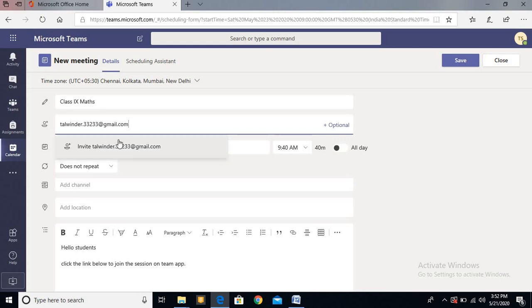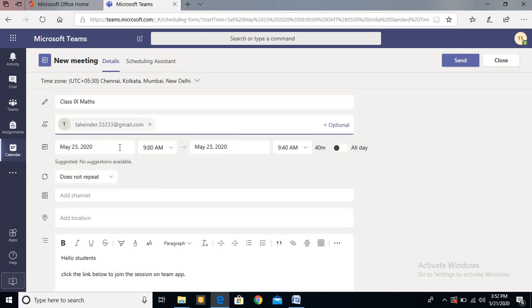So after writing this, when you invite, this option will come, you have to select that. Now you see I can add more email IDs if I want to invite someone from outside. Here is an easy way. Earlier, we were filling in the email address and inviting the person to this session. Now you just choose the channel only, and the join link will automatically go to their email IDs.